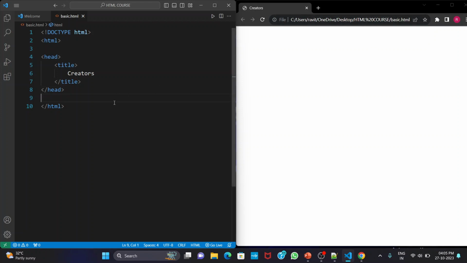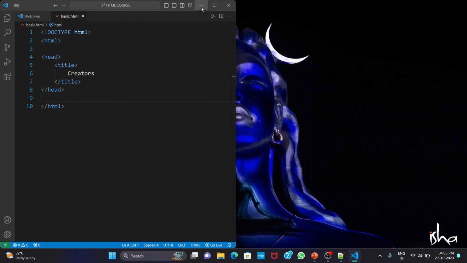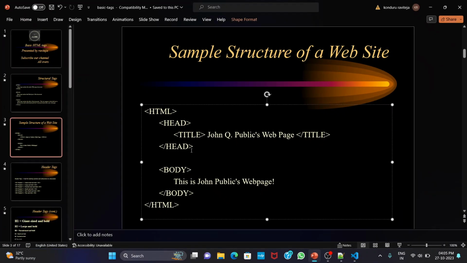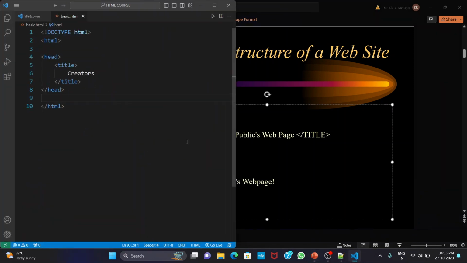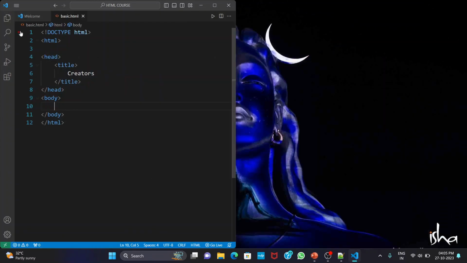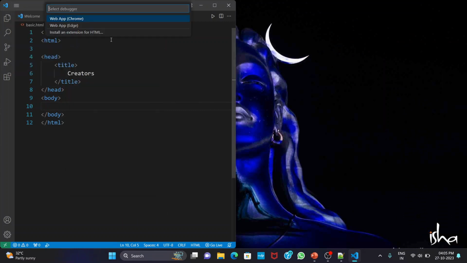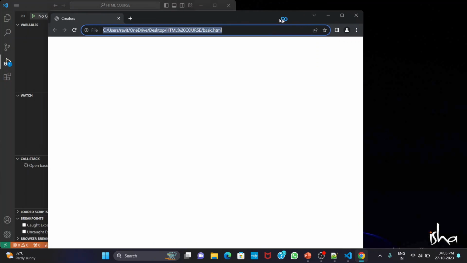Now we are going to see the basic things. I'm just closing it because I think there's no need for it now. Now you see that it is a body section. I didn't write this, so sorry. So I'm going to write this, which is a body section. Whatever we are writing here is going to show in our web page. Okay, I'm running this here without going to the files. Start debugging web app Chrome, and you can see